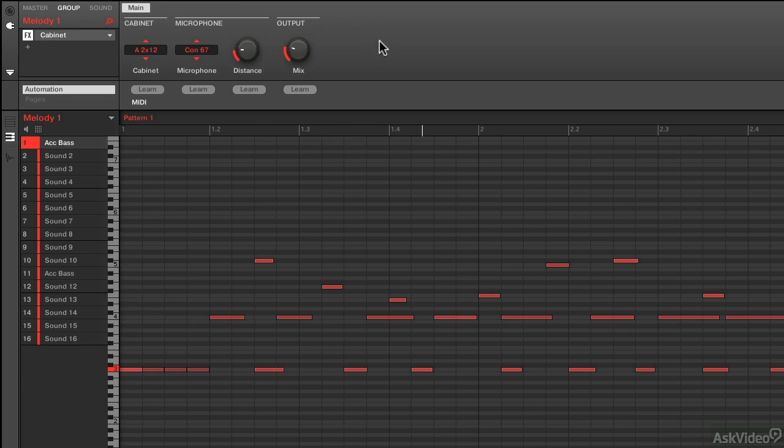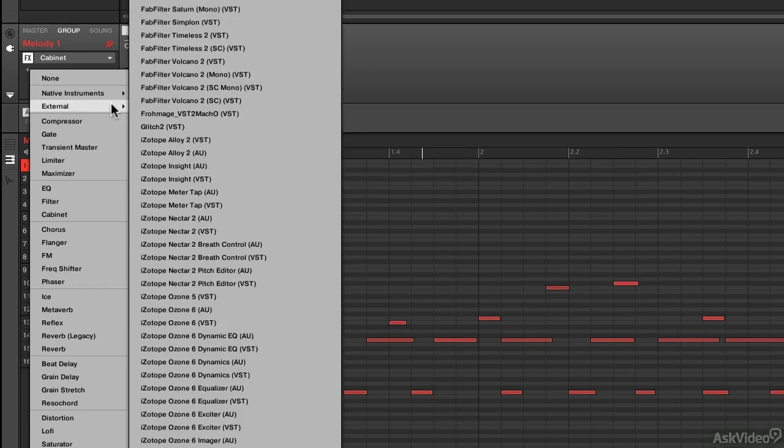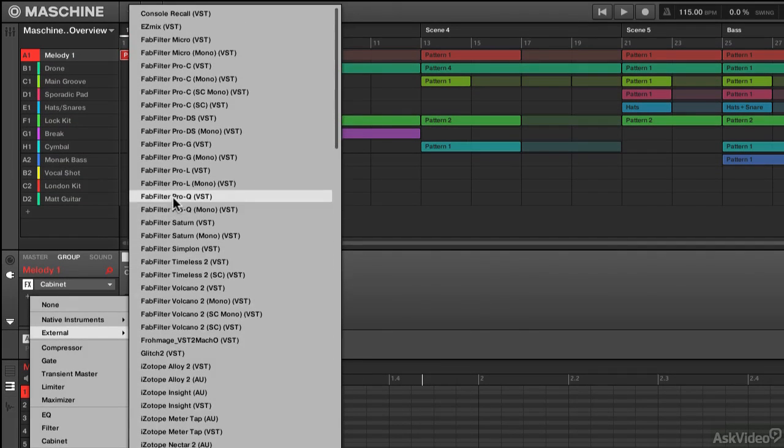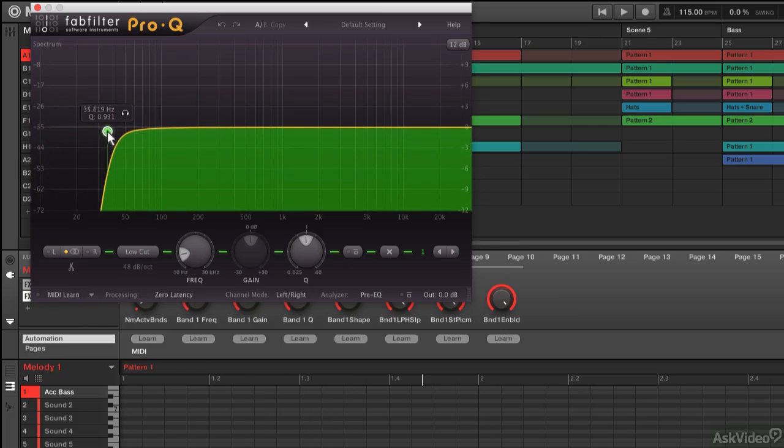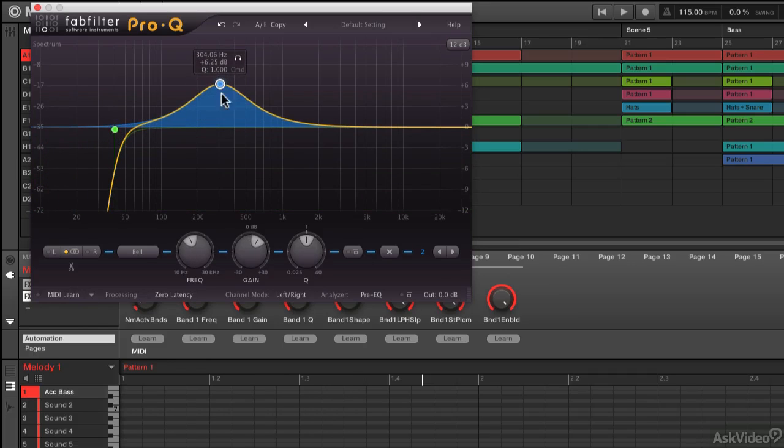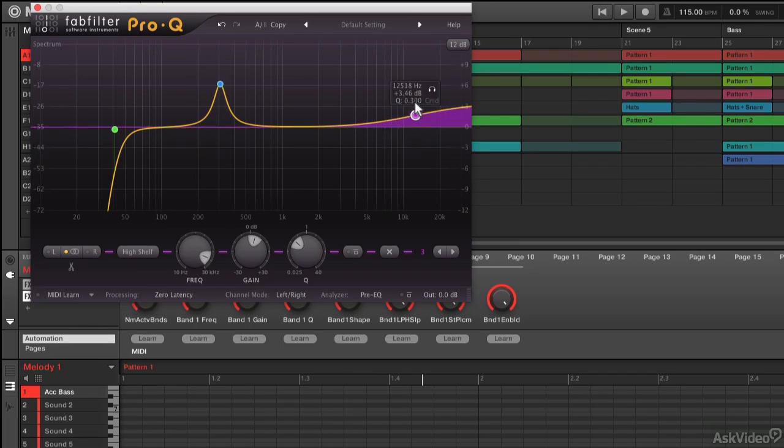So as I switch through that, you can tell it's kind of just imparting a tone overall on this signal. And what I love about it is that I'm not going to use this like a surgical EQ. For instance, my favorite go-to EQ is always going to be FabFilter Pro-Q. So with a parametric EQ like this, you can actually see where all the different bands are, and you can dial in specific boosts or cuts at whatever kind of frequency you want and really know exactly what it's doing